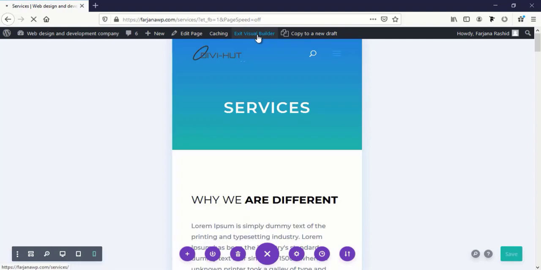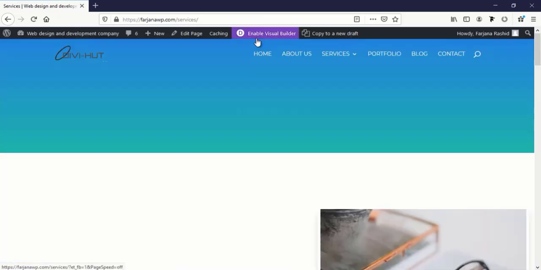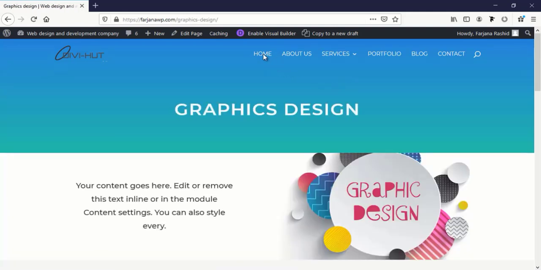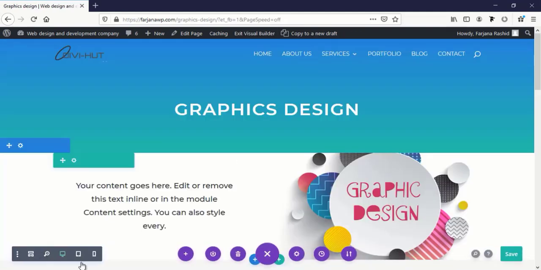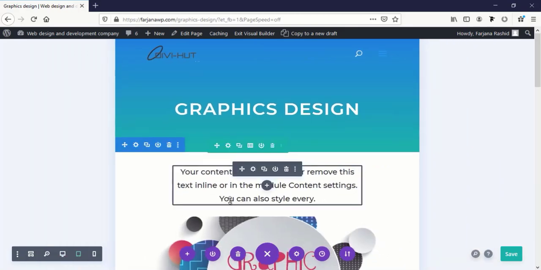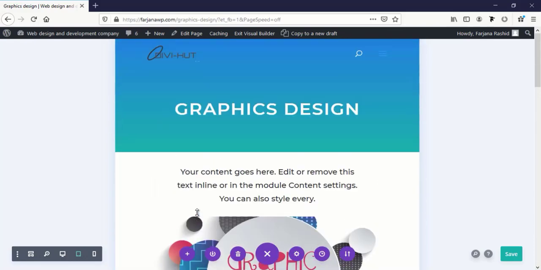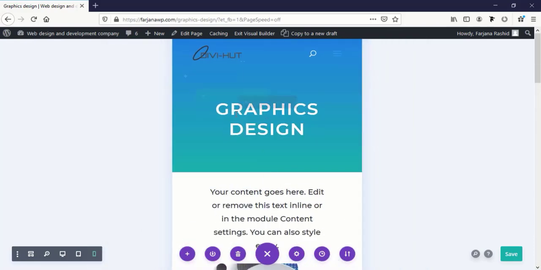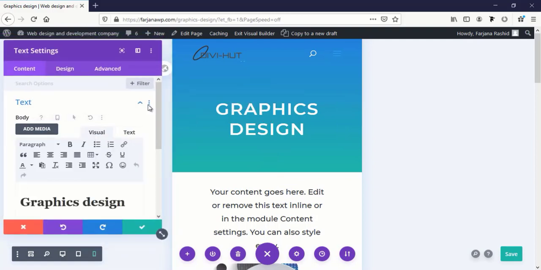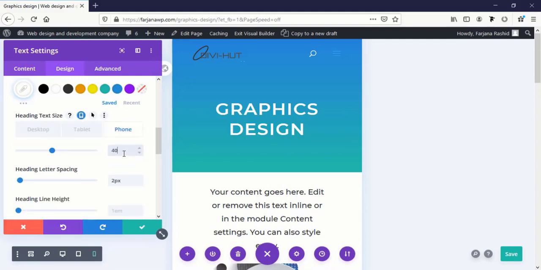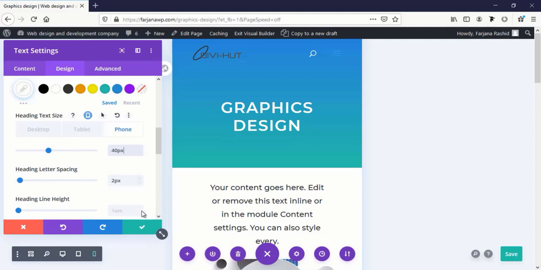Going to exit Builder. Next, graphics design page. Enabling our Visual Builder. Checking it for tablet view. It's better. Going to phone view and decreasing font size. Going to phone and 40 pixel. Save it,